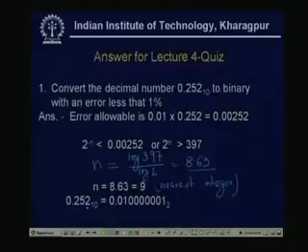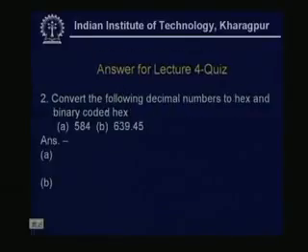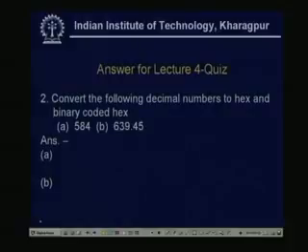So, that means 0.252 in decimal is equal to 0.010000001 in binary, that means 9 bits after this decimal point. Now, we see the next question. Next one is to convert the following decimal numbers to hex and binary coded hex. The first one we see is 584, that is the number. Now, 584, if I